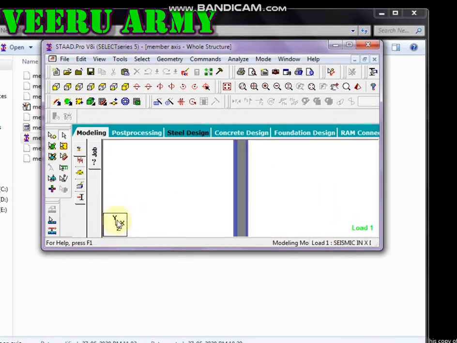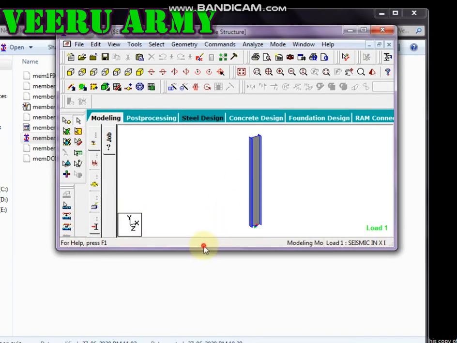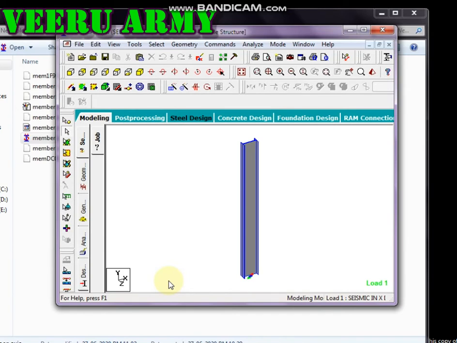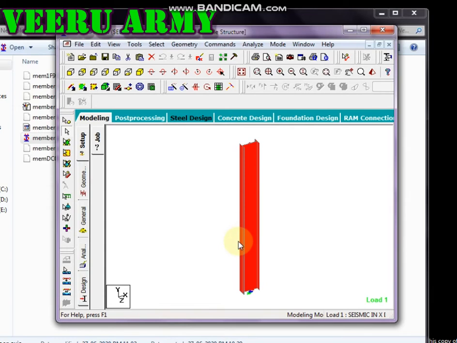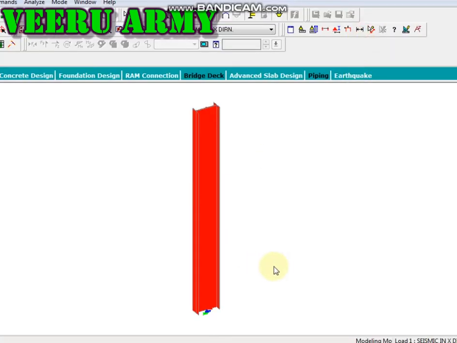Global axes chart. This chart we will use when we design a structure with a combination of elements. For example, we design a PEB structure, then we design the structure with columns, rafters, purlins and girts. But now we will only study the concept of the axes of the member. So we do not follow these axes, we follow the local axes of the member. These are the global axes, and now we'll discuss the local axes of this member.